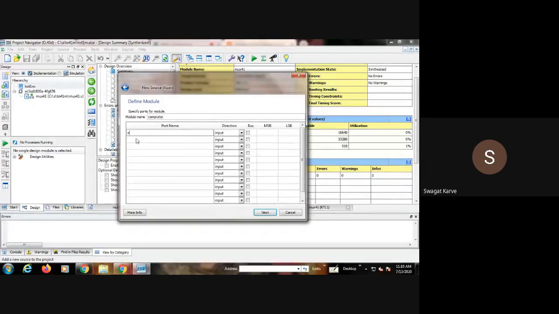So A, okay, we'll define A as an input, then B is the second input, then less, greater, and equal.